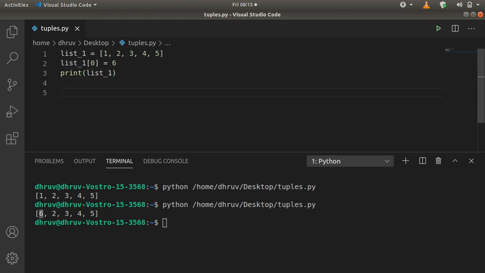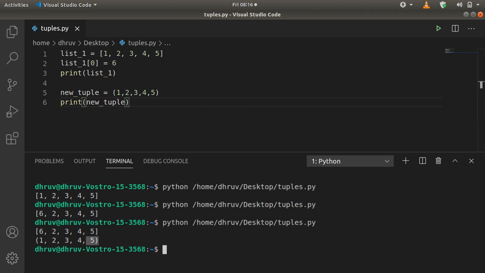The similar thing in case of tuple. Let me make a tuple. If you want to make a tuple, then you can use the parenthesis, or you can say small brackets, and you can write in 1 2 3 4 5, and just print the tuple. Okay, so you can see that we have the same data. Another difference between a list and the tuple is the brackets. Tuples use the small brackets or parentheses, whereas the list uses the big brackets, whatever you call it.